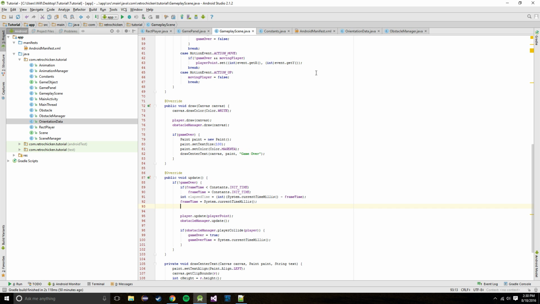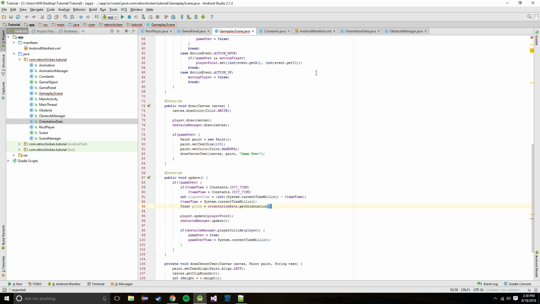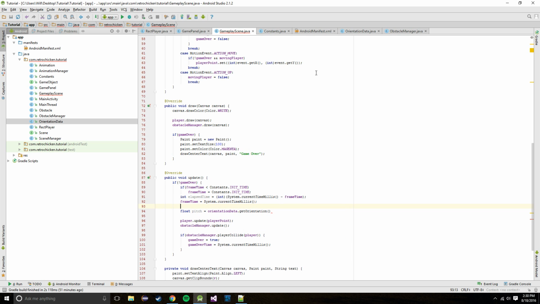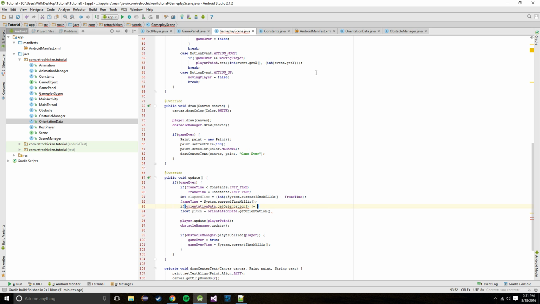So we're going to go ahead and get those. We're going to have a float pitch, and that's going to be equal to orientation data dot get orientation. And actually, before we do all this, we're going to add a statement that's just going to be orientation data dot get orientation is not null,